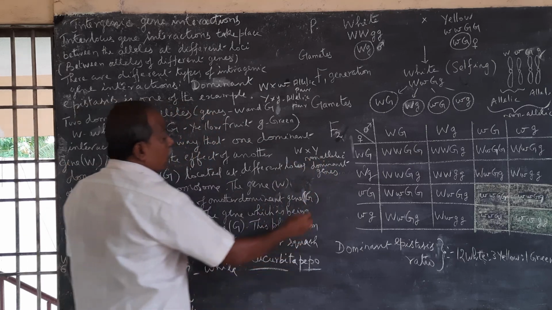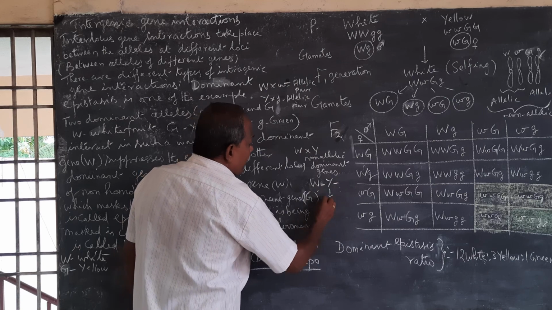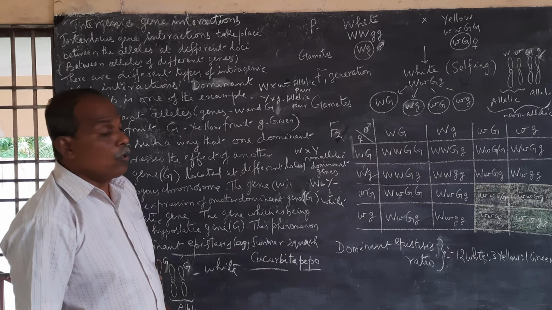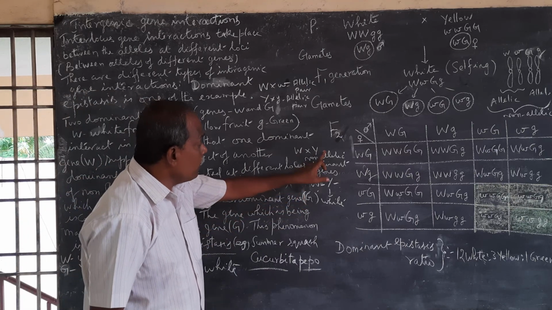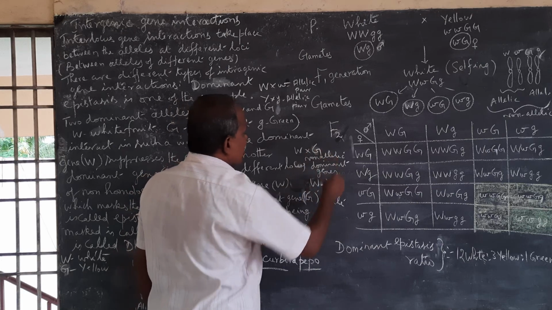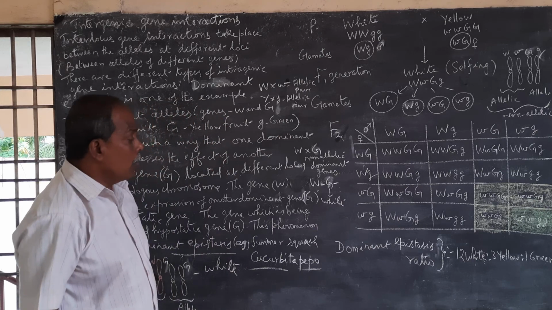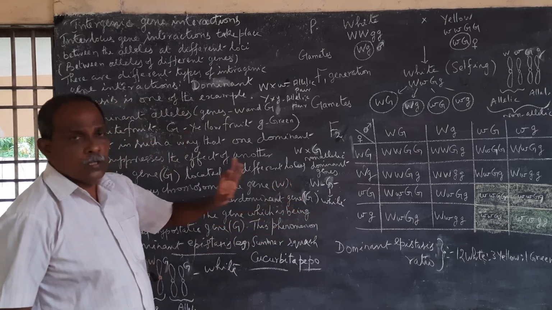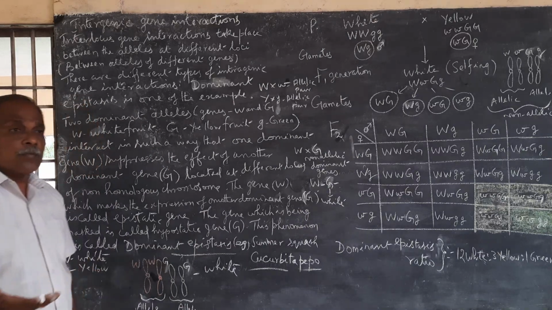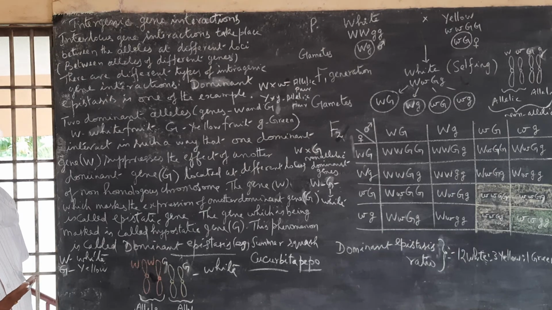So when non-allelic dominant genes interact with each other, which color is produced? White fruits. Why? The dominant gene capital W suppresses the expression of capital Y, not capital Y, capital G. It suppresses the expression of capital G, yellow. So that's why you get white. This is dominant epistasis. Then there are various types of intragenic and intergenic gene interactions given to you.